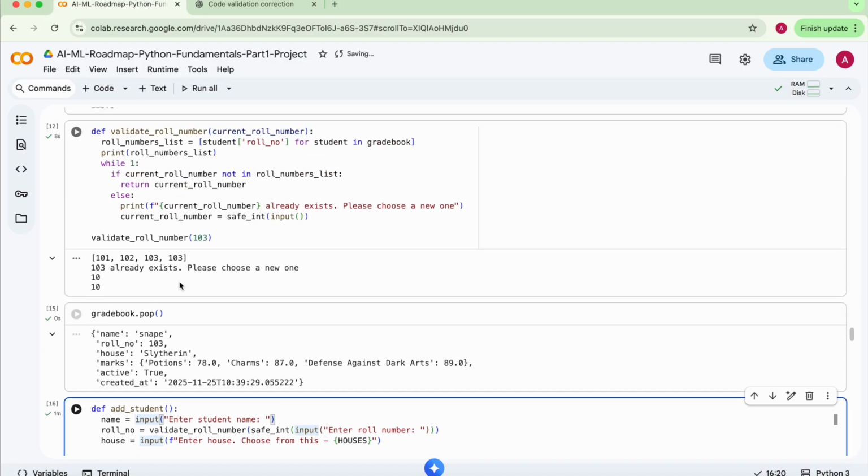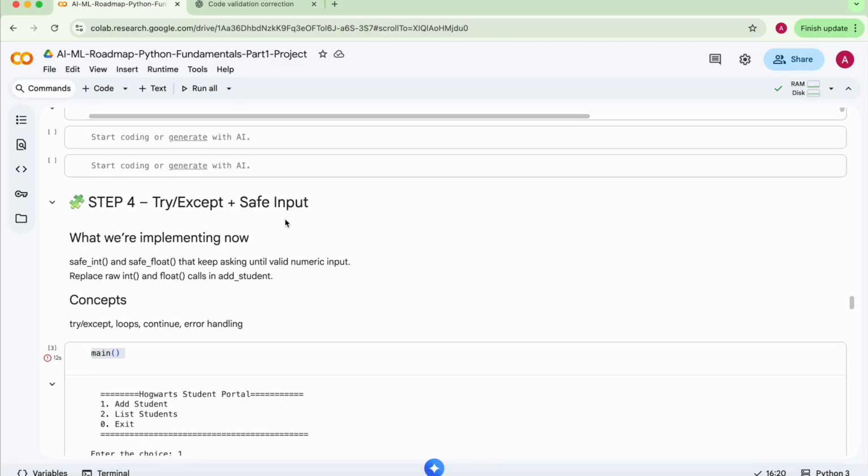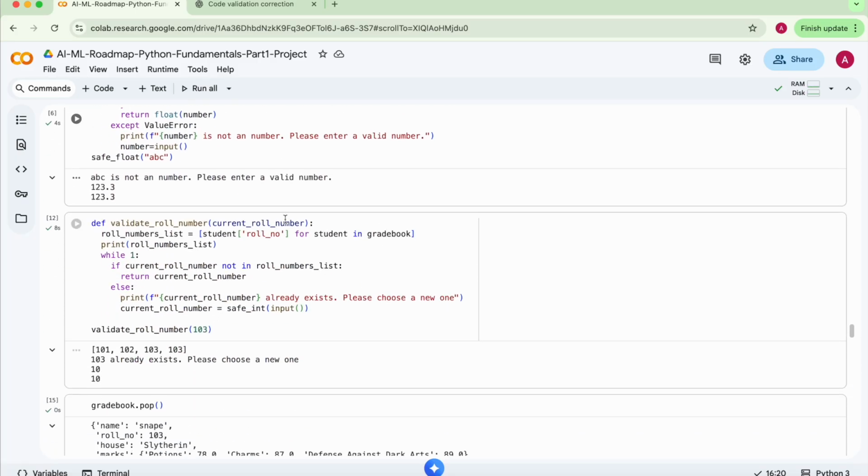Okay, so we have learned how we can do try and except, right? We remember we talked about it at quite some length in our previous sessions. So this is how you could do it. We have also checked how you can check whether there are duplicates or not, right? Next we'll talk about